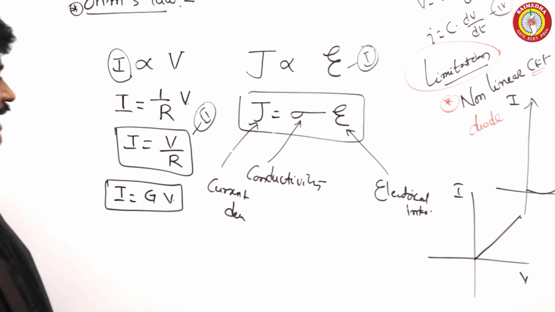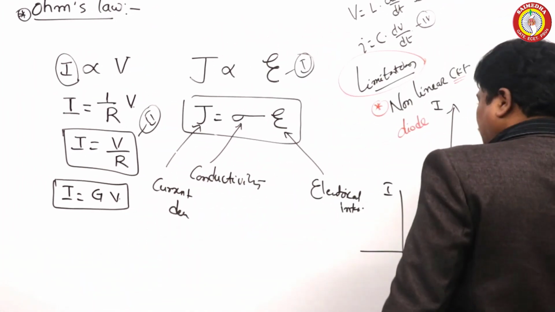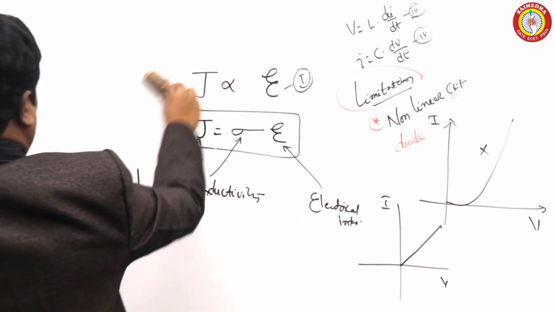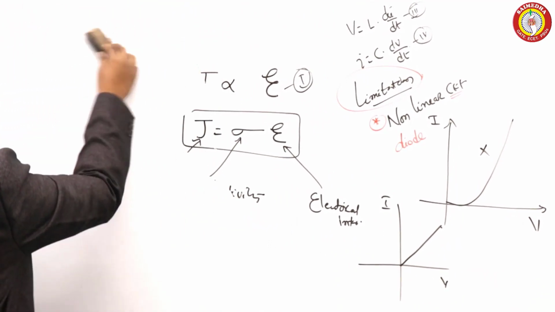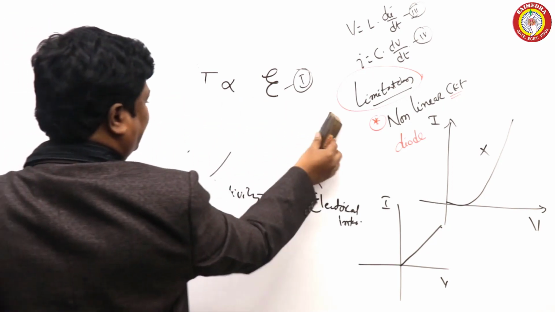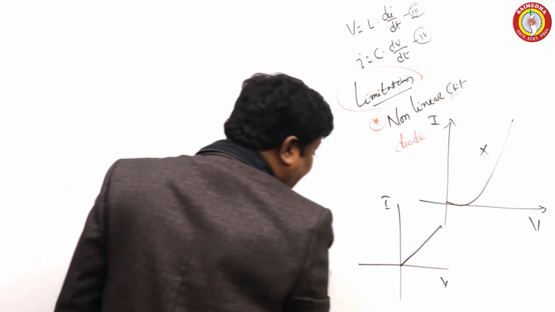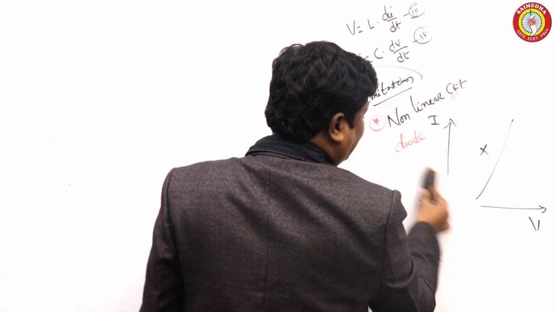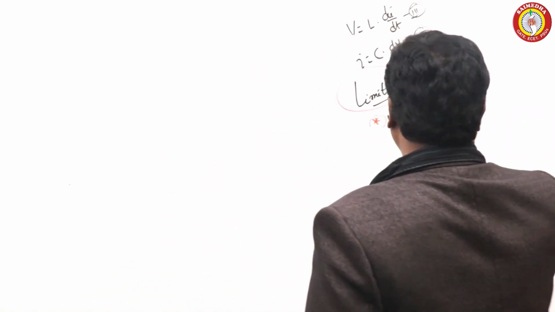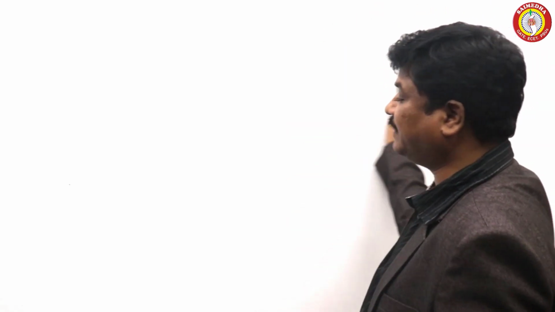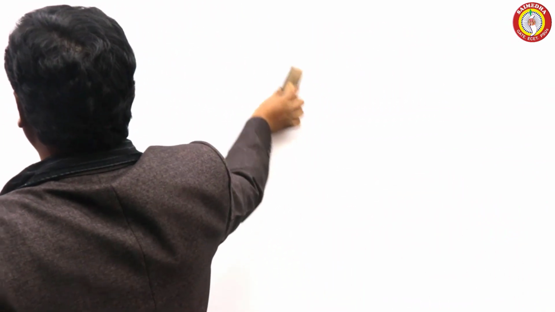The other one we have is Kirchhoff's laws. In Kirchhoff's laws, we have Kirchhoff's current law and Kirchhoff's voltage law. Sir, once the student knows Kirchhoff's current law and voltage law, mesh and nodal analysis become much easier. Once you know mesh and nodal analysis, network theorems become more and more easier. Finally, electrical circuits become dead easy by knowing Kirchhoff's laws properly, by implementing Kirchhoff's laws regularly in our circuits.